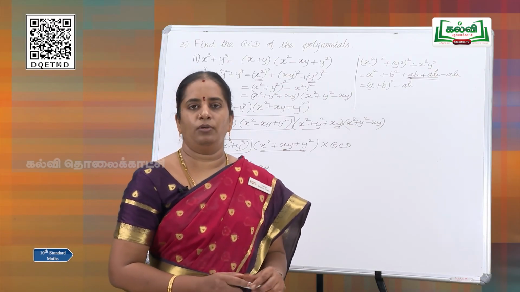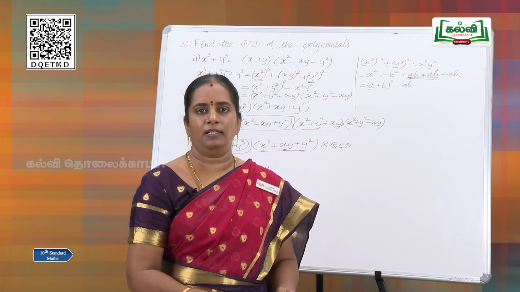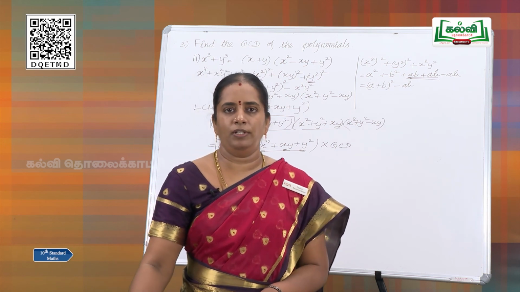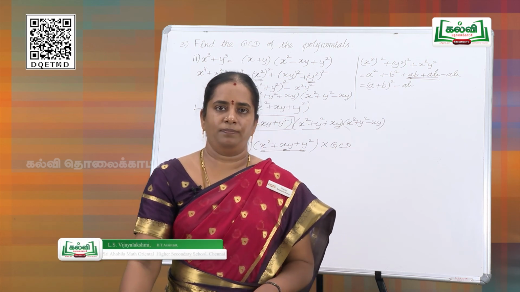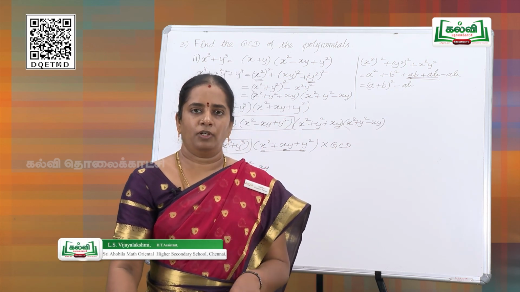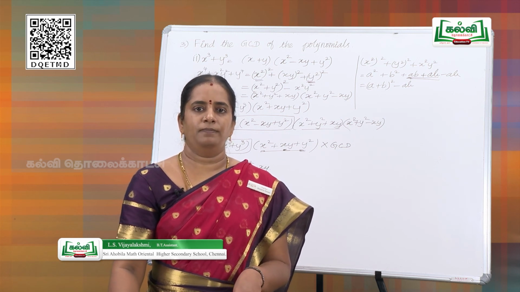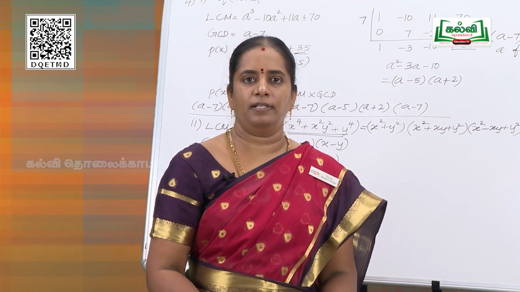If you are very thorough with the factorization, this is easier to find GCD and LCM and to verify the relationship. So, I am going to give you a small assignment in this exercise, that is the fourth sum. We have two sums. You are going to find the left out, which is to be found using the relationship, and we are going to meet in the next session. Thank you, children.